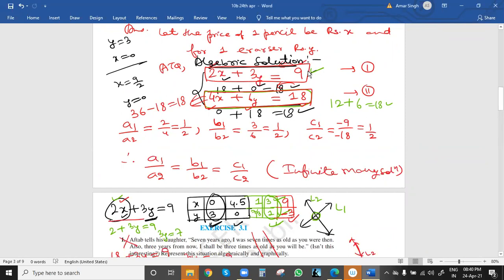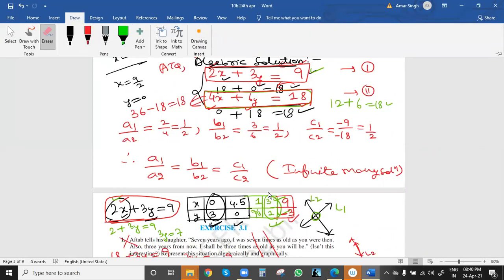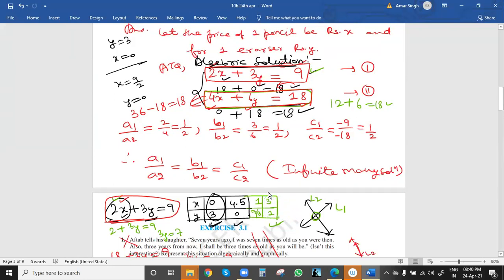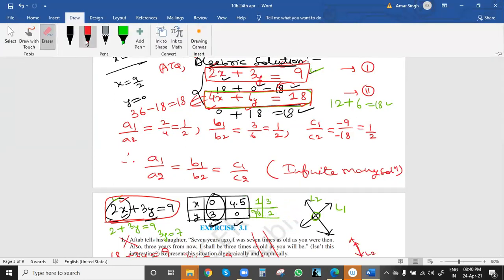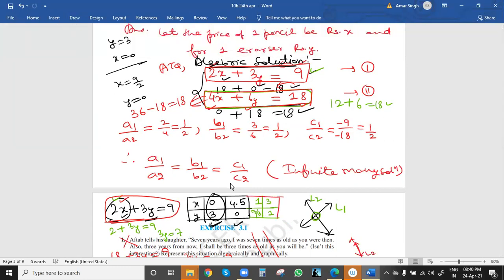Okay, see, we can take any values of x. In the first equation we are taking the x value, and from this equation the x value is independent. Independent means you can take it based on your convenience. So let me erase the last value and try these values once again. We have to take such that we have an integer value, not a decimal or fraction. So if you take x value 9, suppose I am taking 9, it's your choice, any value you can take. So I have taken 9.